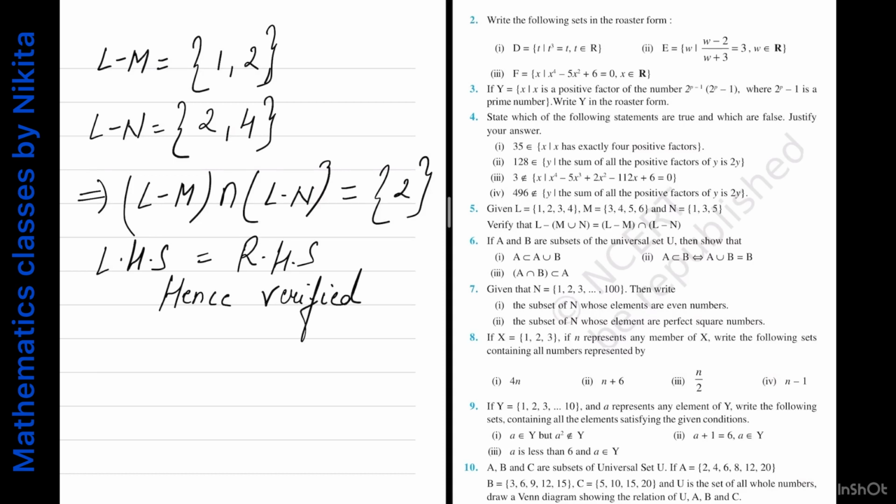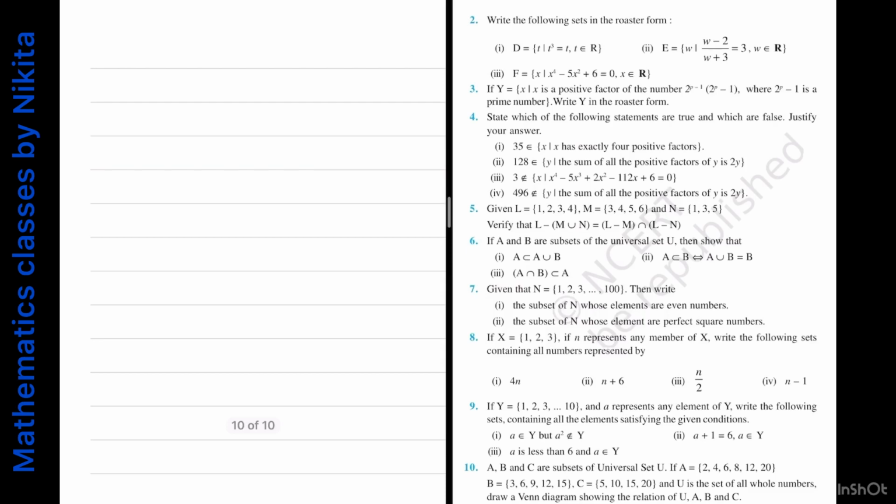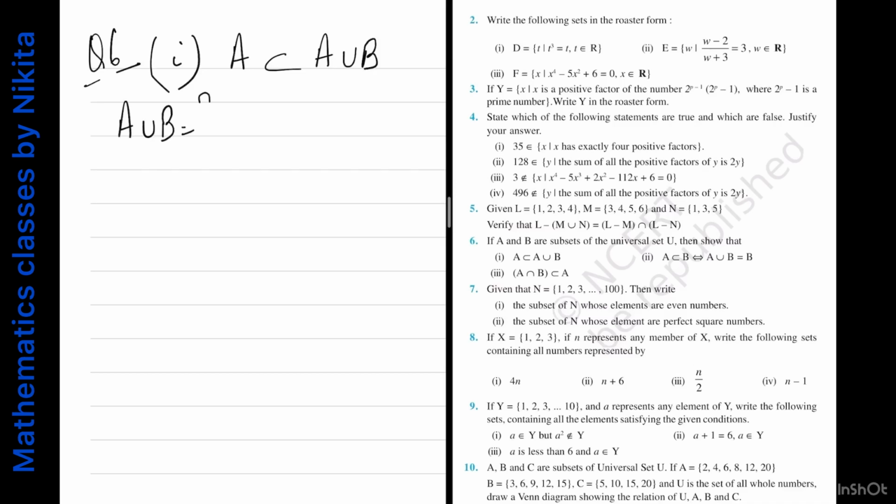Okay. Now let's see question number 6. Question number 6 says that if A and B are subsets of the universal set U, then show that, first of all you have to show that A is contained in A union B. By definition, what is A union B? A union B is all those x belonging to U such that x belongs to A or x belongs